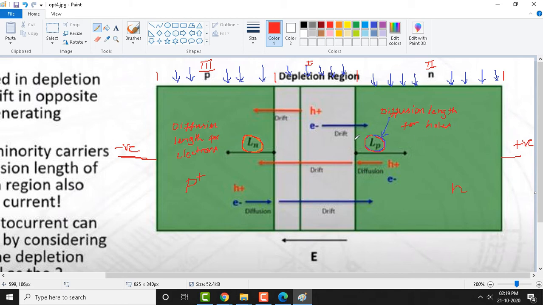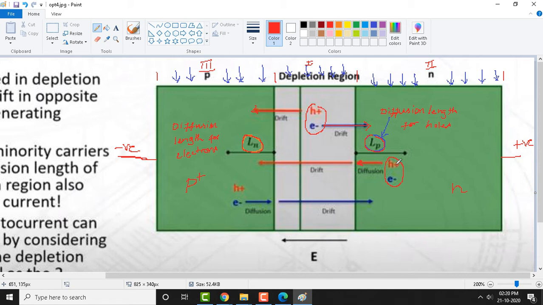Now, we have already discussed the electron hole pair here. The field pushes the electron to the N side and the hole to the P side, if any electron hole pairs are formed here due to the interaction of photons. Now, if photons interact and electron hole pairs are formed in the neutral N region, what is going to happen? Due to the concentration gradient, holes are very few in number here and large in number elsewhere, so definitely holes will diffuse toward the junction.